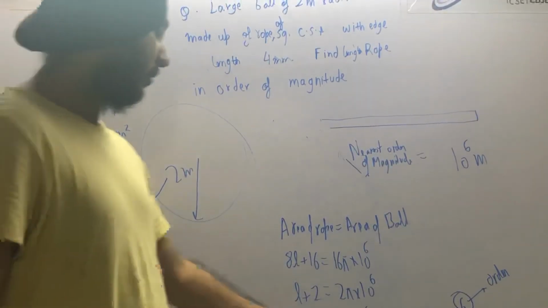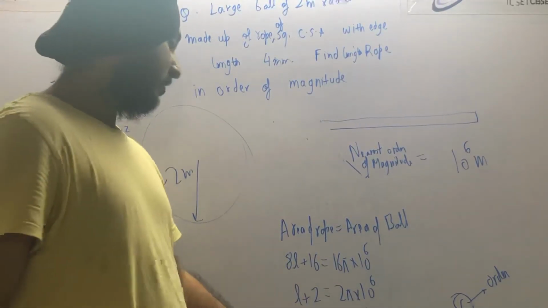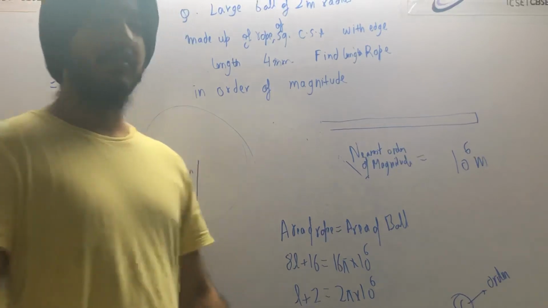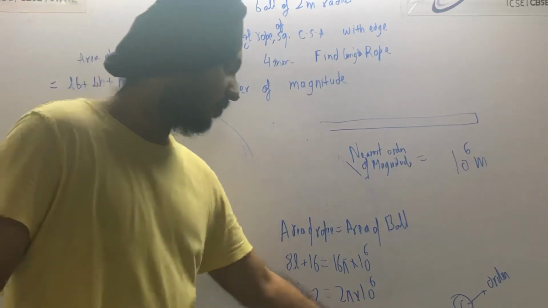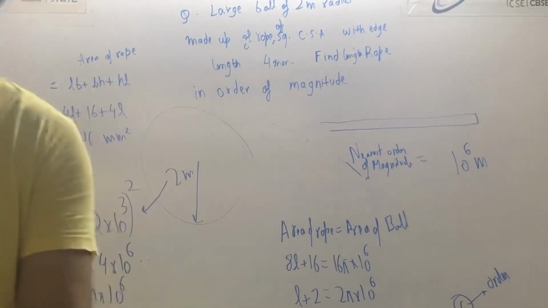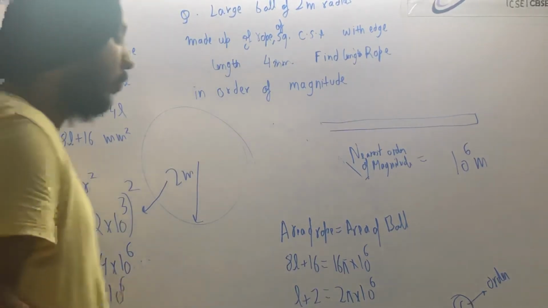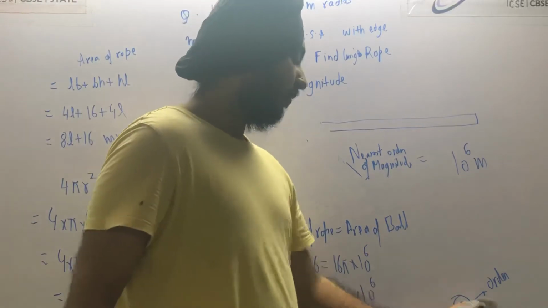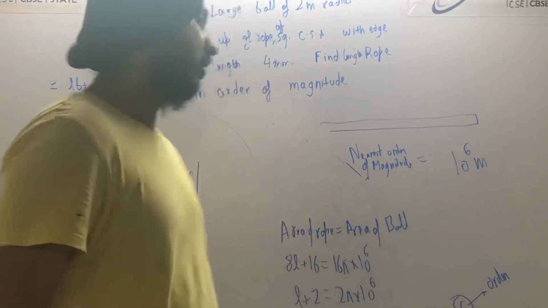Okay, I just subtracted. It is just like if you subtract 2 from 1 million, it will be approximately the same number. So I just took approximately equal to 2 pi into 10 raised to the power 6. Okay, you can subtract it also, but what they want to know in the question is the order.